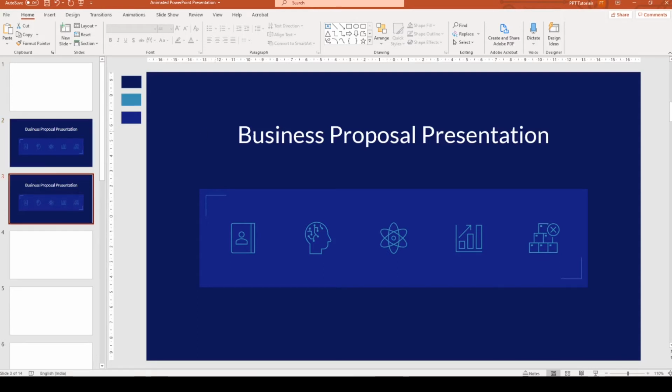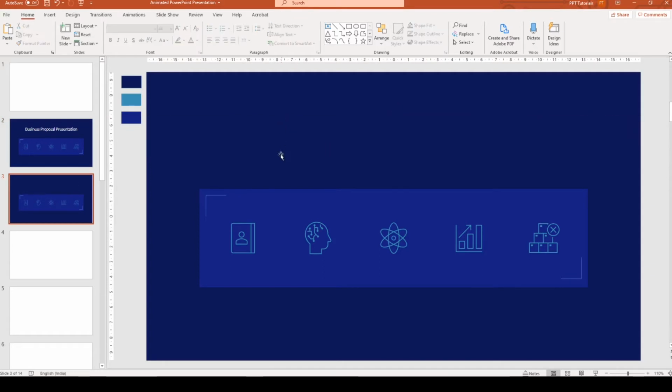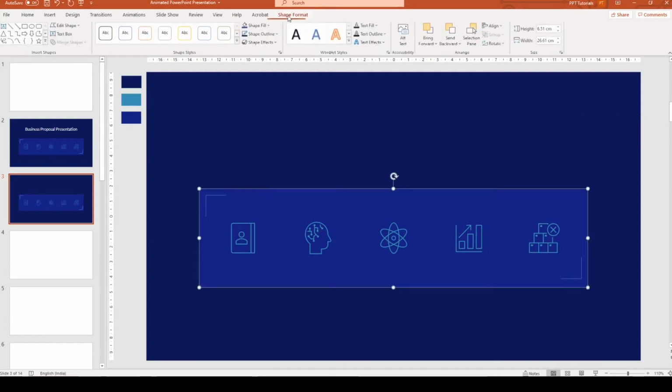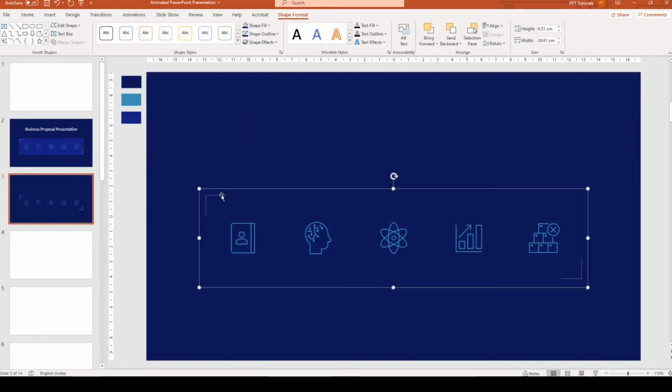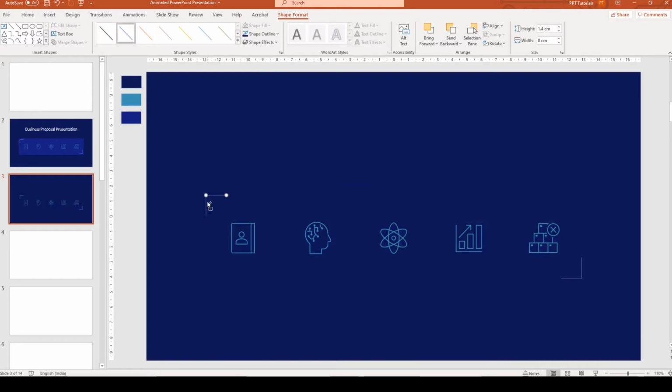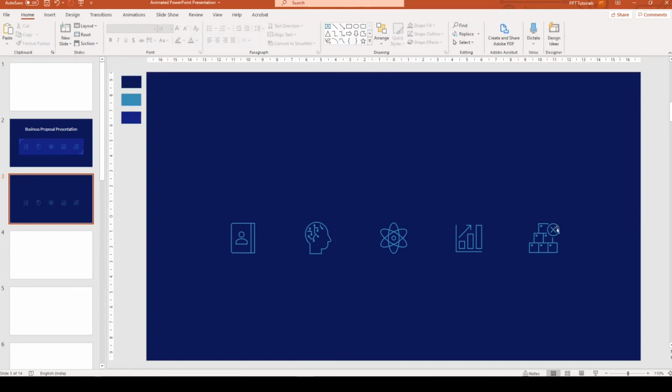Come to the slide you just duplicated. Now, I'm going to select this text box and hit delete. Next, I'm going to select this rectangle, go to format and select the same fill color as the background so you can't tell it's really there. Next, I'm going to hold down Ctrl and select all of these lines. Go to format, shape outline and choose the same blue color as the background.